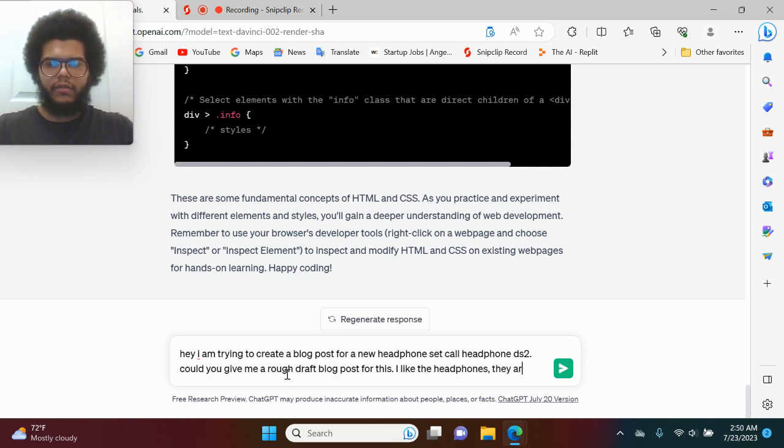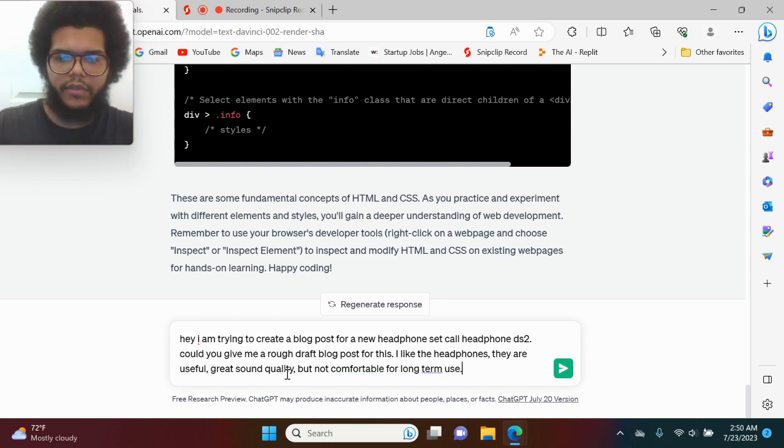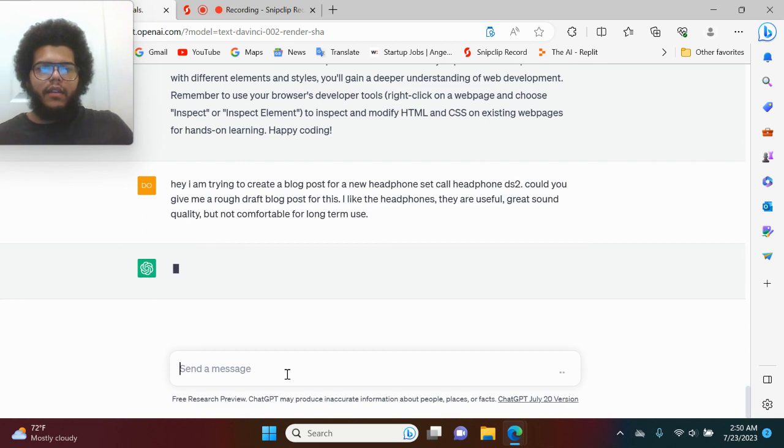They are useful, great sound quality, but not comfortable for long term use. Once you do that, hit the enter button,